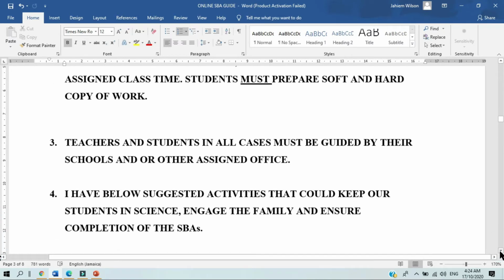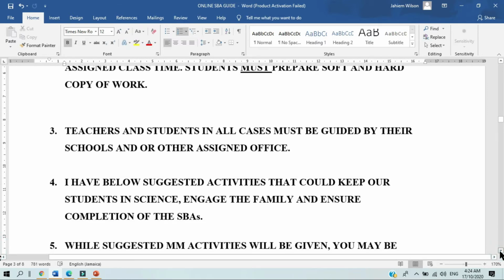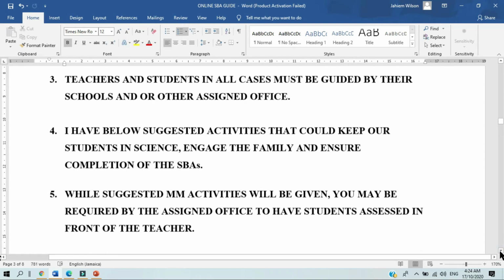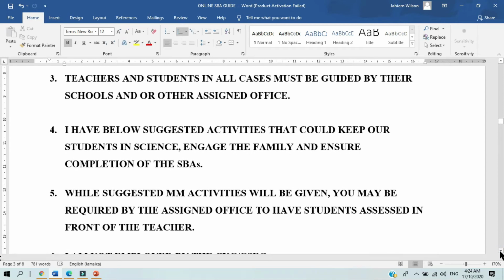Now, teachers and students in all cases must be guided by their school and or assigned office, and we did of course define assigned office. I have below suggested activities that could keep our students in science, engage the family, and ensure completion of the SBAs. Now, while suggested activity will be given, you may be required by the assigned office to have the students